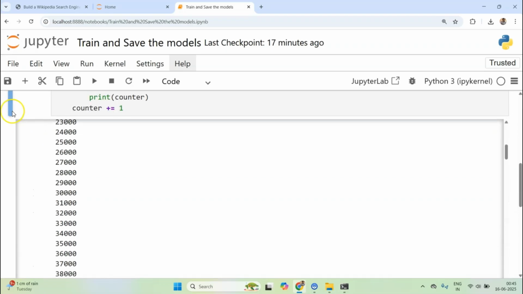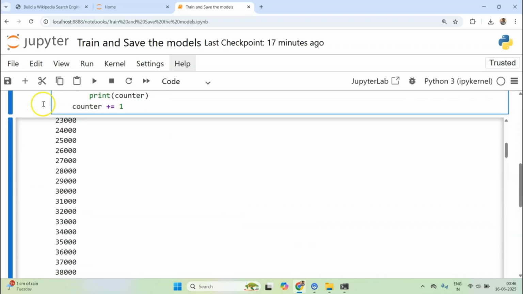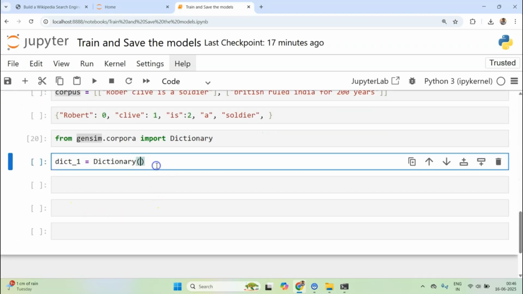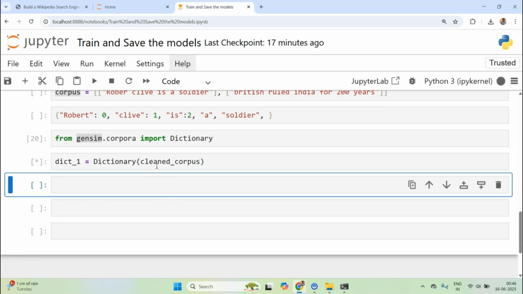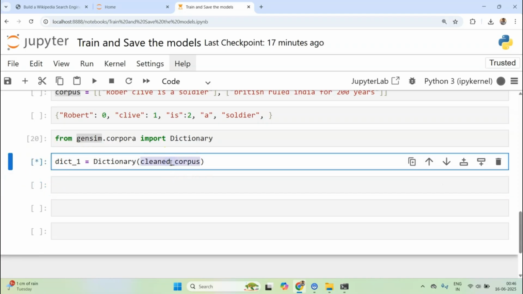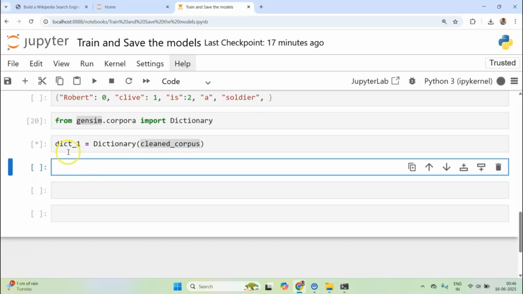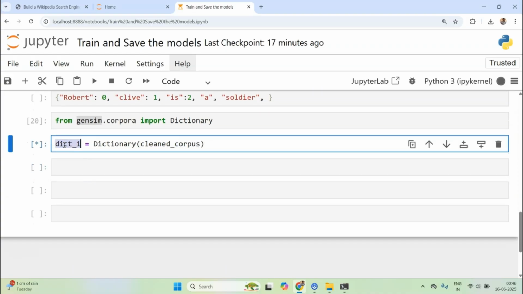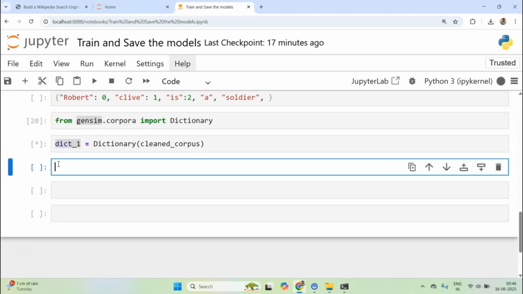In this dictionary, I can pass this cleaned corpus. If I run this, it will take some time because this corpus has so many documents and so many different words. It takes time to process all those words and create a token to ID representation.